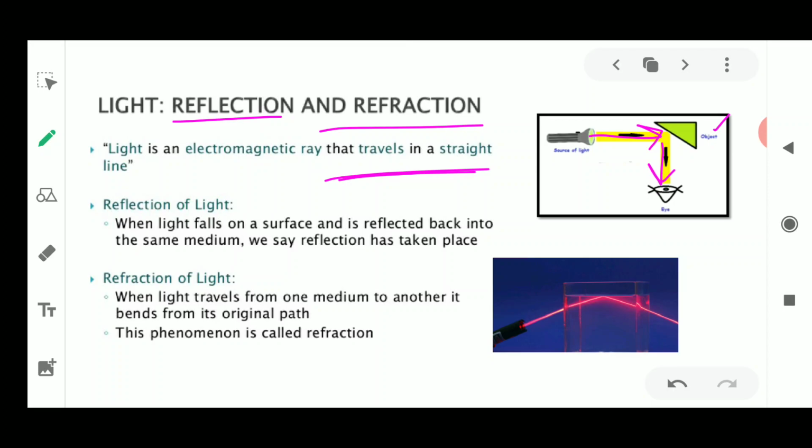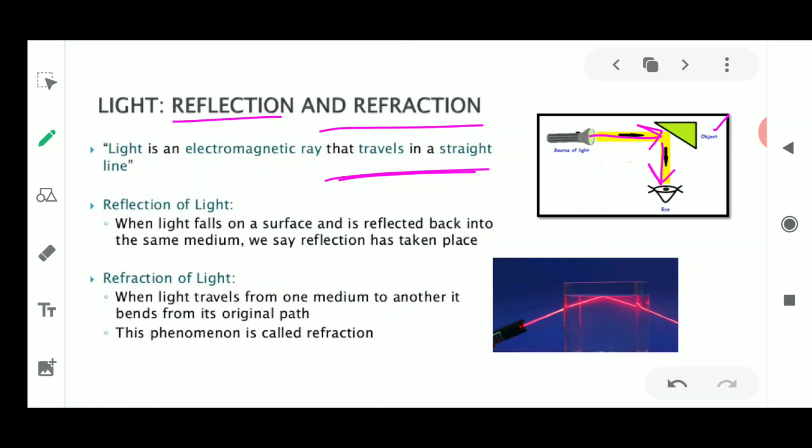Now if I say that eyes are important for seeing, the answer could be yes. But what happens during night time? Why are we not able to see? Because there is no light. We have eyes at night also. It is not that we take out our eyes and keep them somewhere. We have our eyes, but we are not able to see things at night because light is not present. So it is light which makes things visible to us. That is why light is a form of energy which enables us to see things.